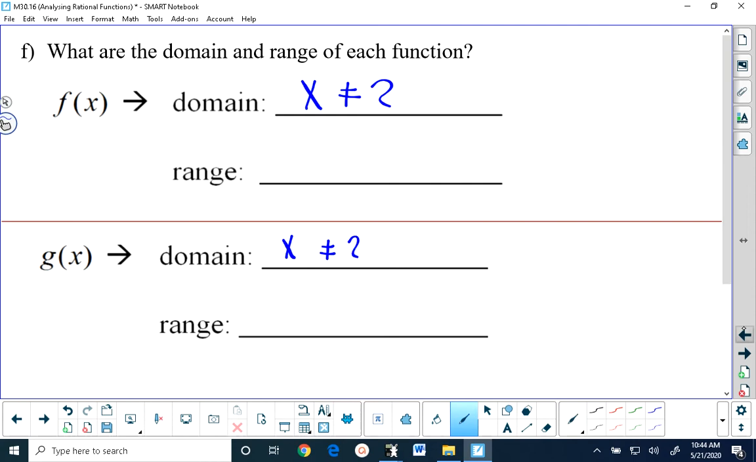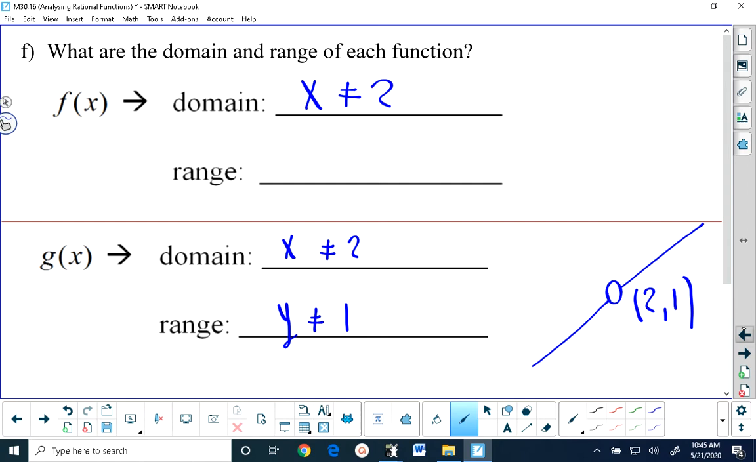Now, don't forget g of x has a hole. G of x was a line with a hole, and the coordinates of that hole were (2, 1). So if x can't equal 2, then y cannot equal 1 for that function. And for the range of f of x,